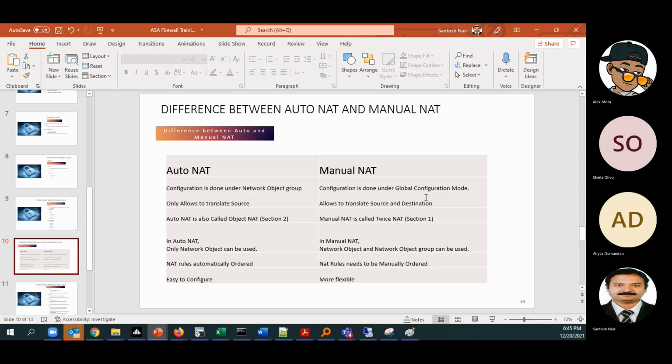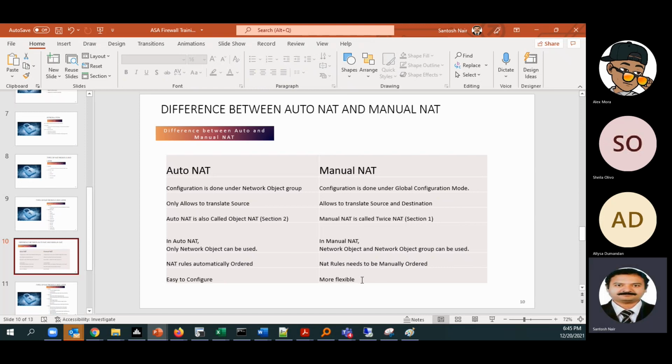Understood. The next one is that auto NAT is very easy to configure. Because only the source is getting natted, we know the direction in which it is to be natted. We create an object and inside that object we configure the NAT. Whereas manual NAT is more flexible.